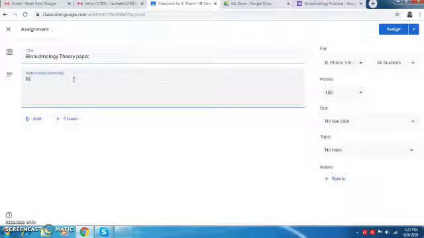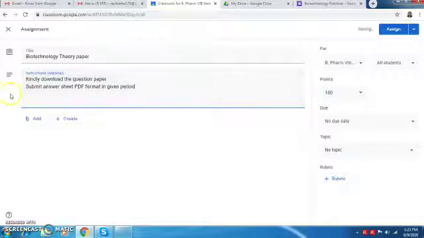You can add here instructions that kindly download the question paper, submit the answer sheet in PDF format in the given period. So this is what I have added in the instructions.